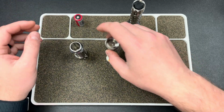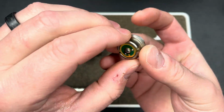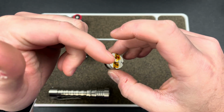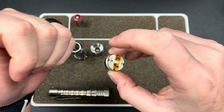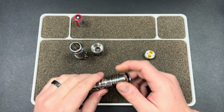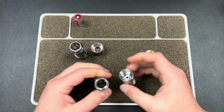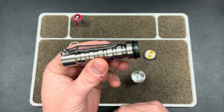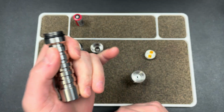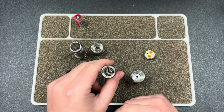And so the first time I ordered, I think it was $469, and that included this piece right here, which is your pill with the driver and then the emitter. So this has the Nichia emitter, has the Hive driver, and then the pill all put together. And then I got the head here for the Haiku. I got the AA size body, which you can get an engine. If you don't get the Hive, there's another option that takes AA. So you could do that instead. But the AA body obviously fits a